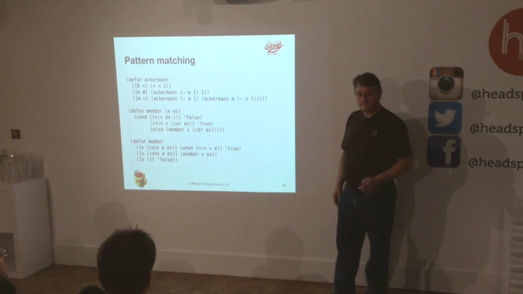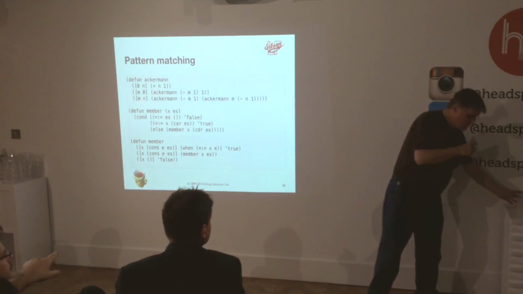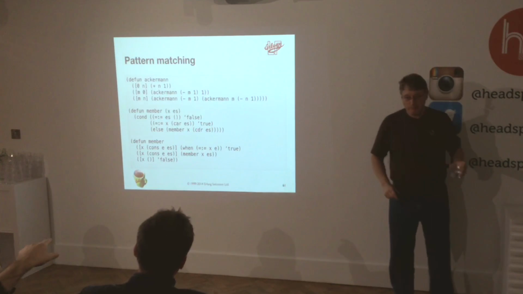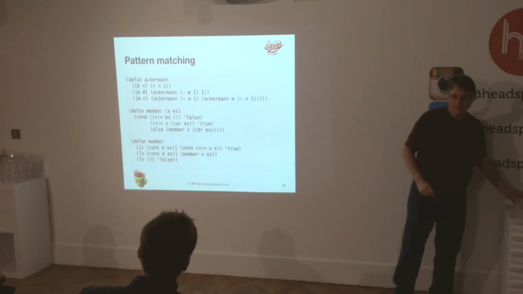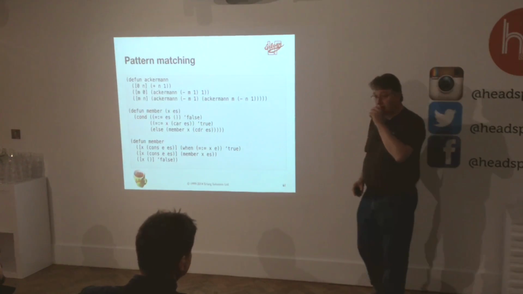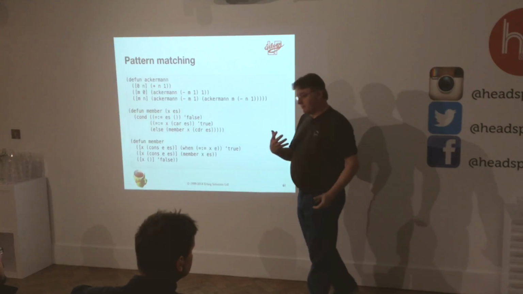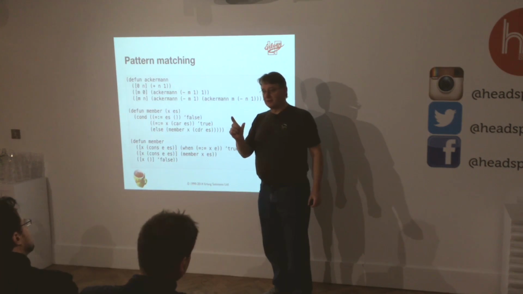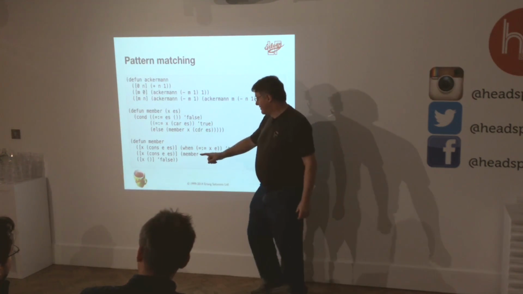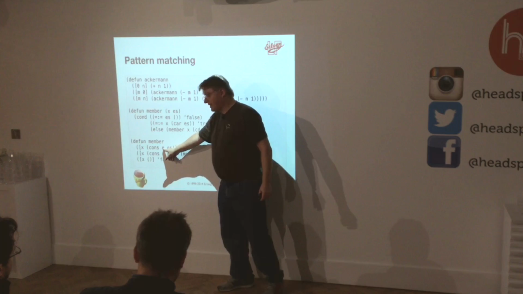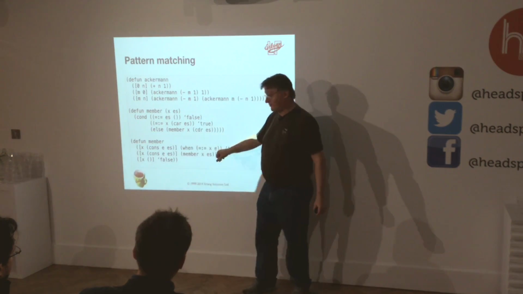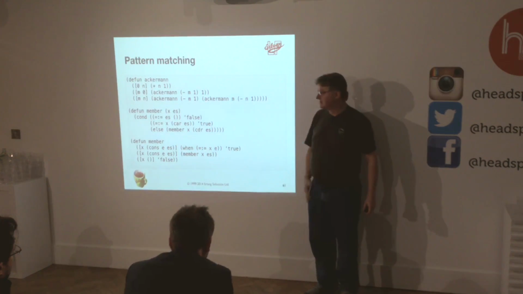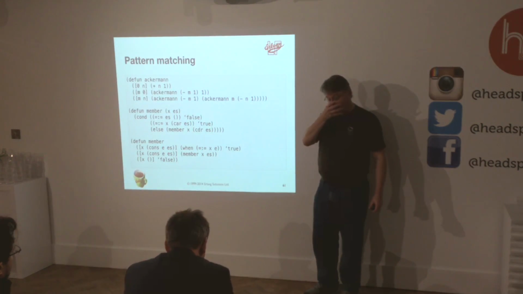In the last example, the first pattern, would you be able to replace E with X? No, I made the choice not to do that. What you find in Erlang with pattern matching is that if a variable occurs more than once, there's an implicit equality check. So there I could write X here, and there'd be an implicit check that they're actually the same here. Actually, it'd be this test exactly the same. I decided not to do that. It's a bit more verbose, but it's actually cleaner. Do it this way.